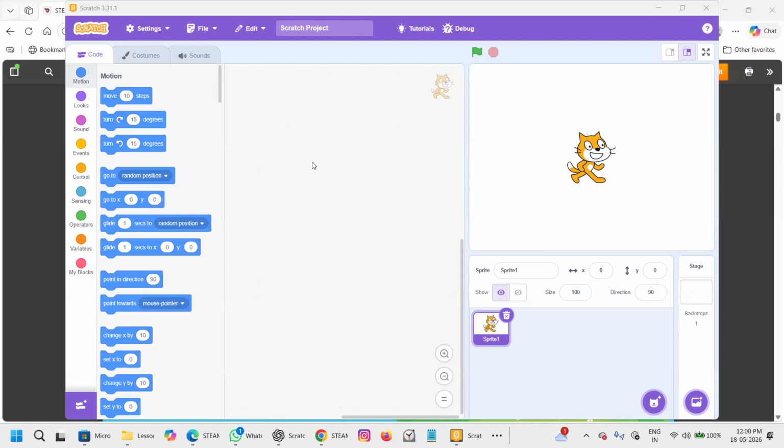Okay, thank you. Now, what I was asking: you can see over here the blank space with only the sprite in the center. The cat is a sprite. The white place is called the stage, where action takes place. Did you like this place with the sprite in the center? Yes or no?